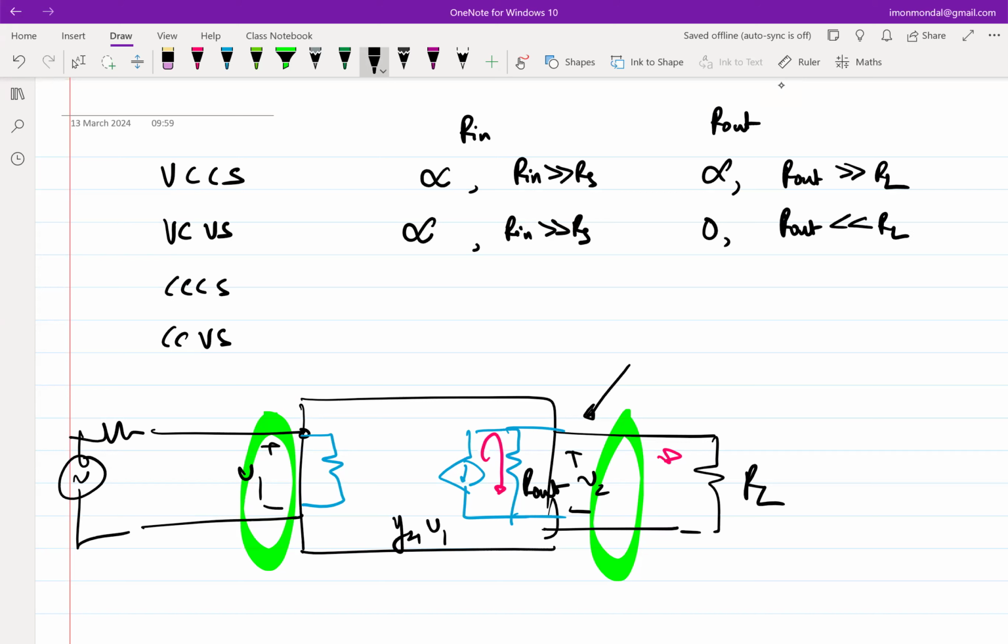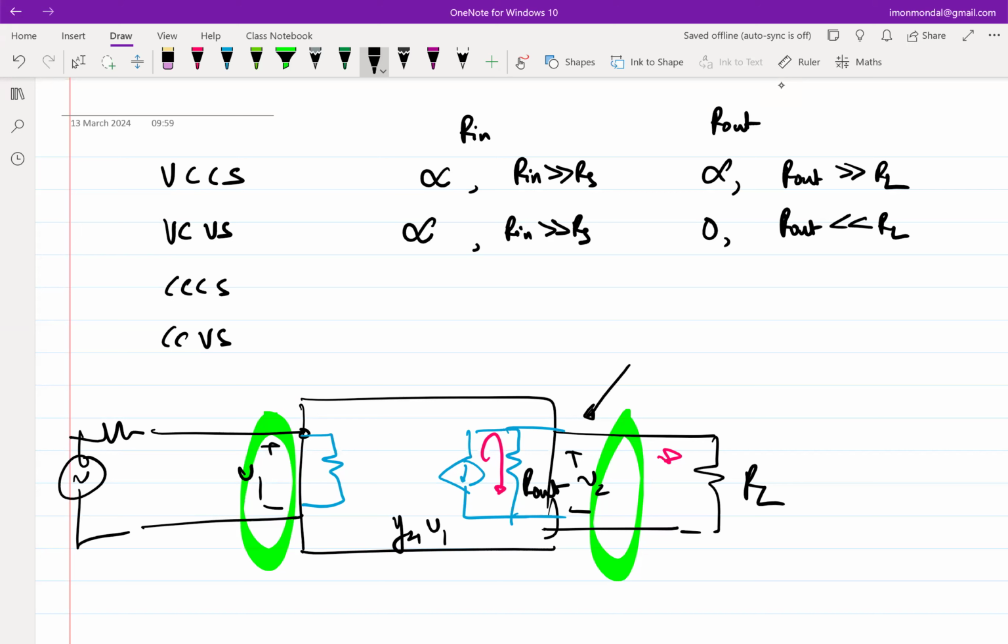This is nothing out of the ordinary. This is all we know. I'm just recasting the same thing that we know in terms of the expected impedances. Similarly, for a current-controlled current source, the control terminal, the input terminal, is